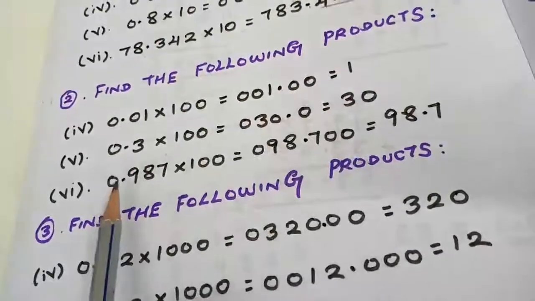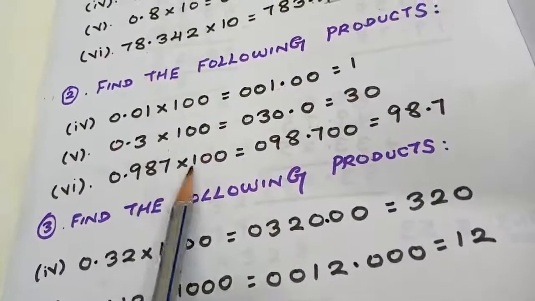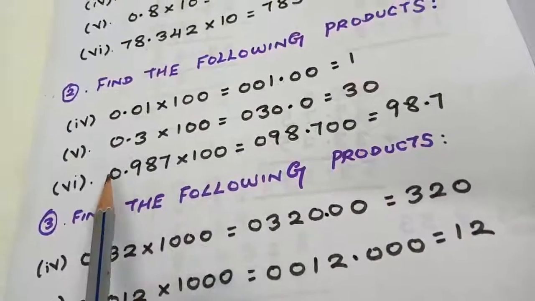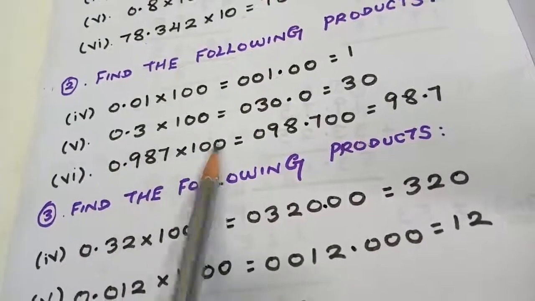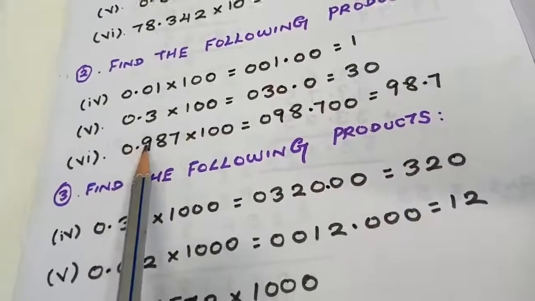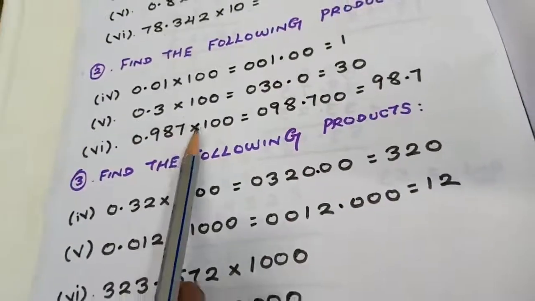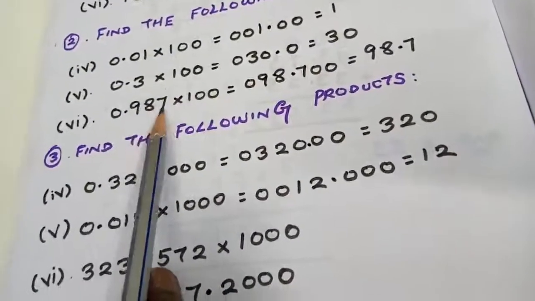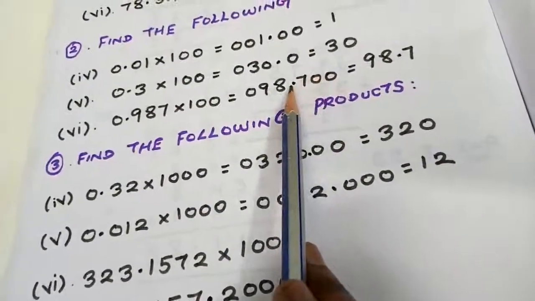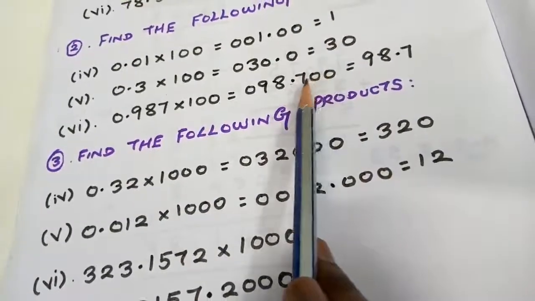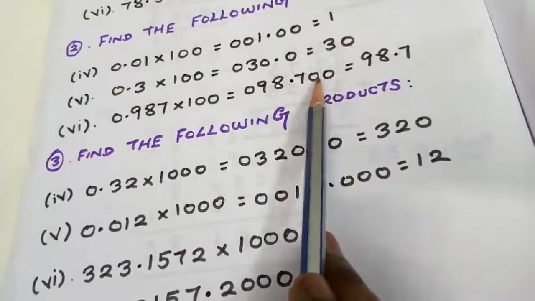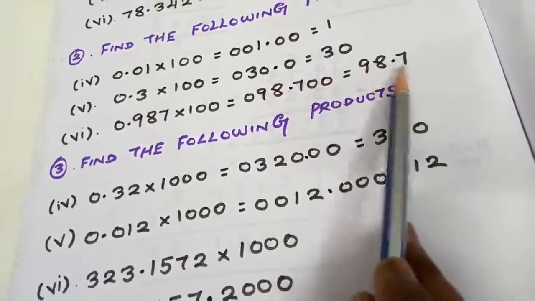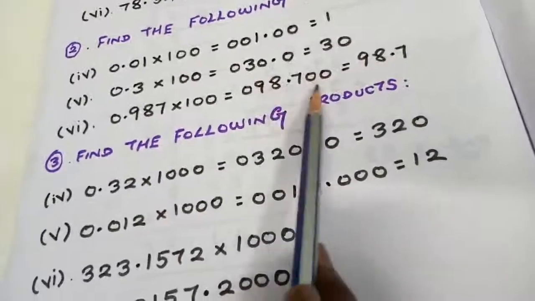Coming to the next one, 0.984 into 10 into 100. Without going to your rough work, you can multiply like this. You are going to write all these values except one, 0, 9, 8, 7, 0, 0, except this one. I am writing all the values. After the decimal point, you are having 3 digits. So, 1, 2, 3. I am keeping the decimal point in this position. And before and after, if you are going to end with 0, you can just leave it out and write only the value, 98.7. This is the book answer given, or even if you write like this, nothing is a problem.